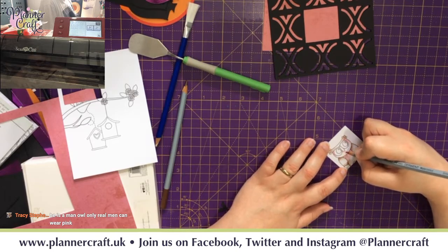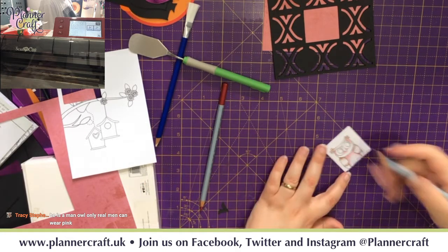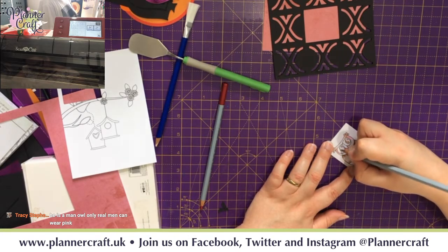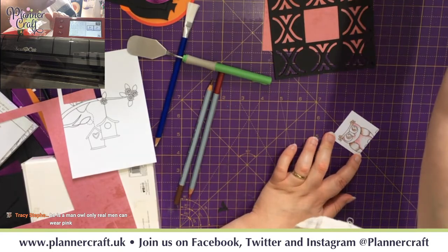I'm going to put a little bit under his beak. He's a man owl. Only real men can wear pink. Okay. So,